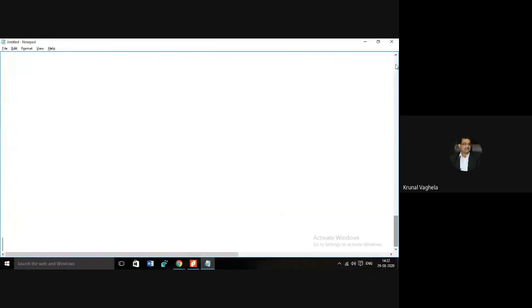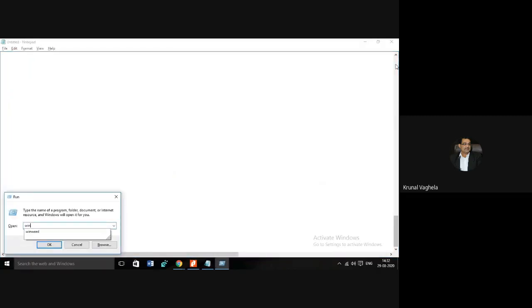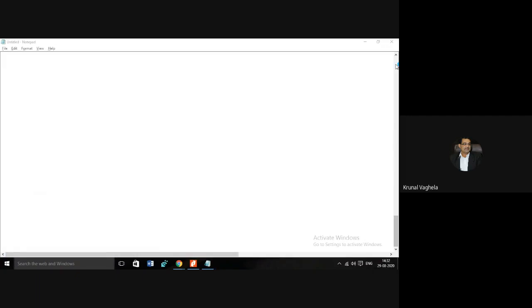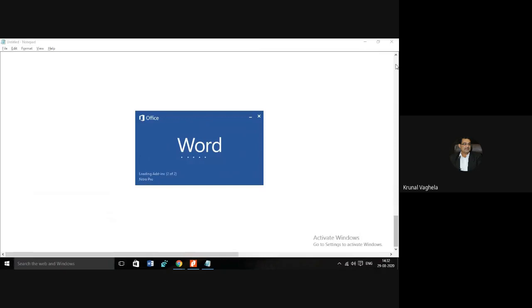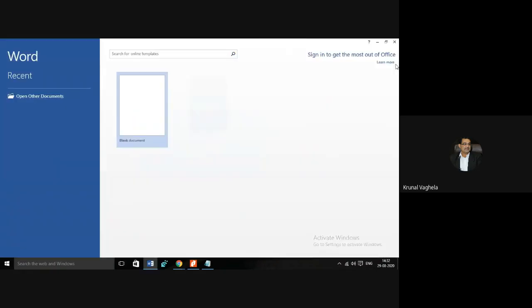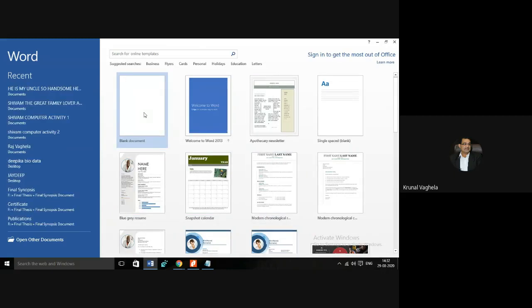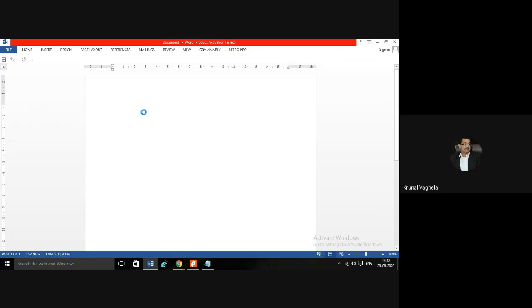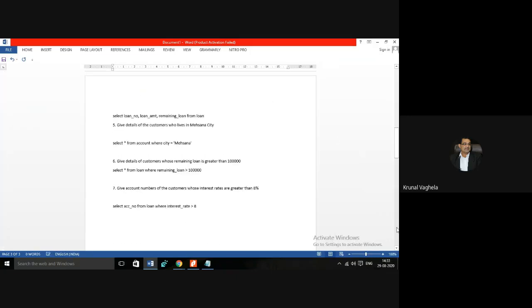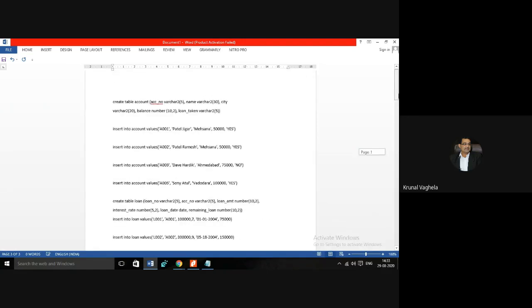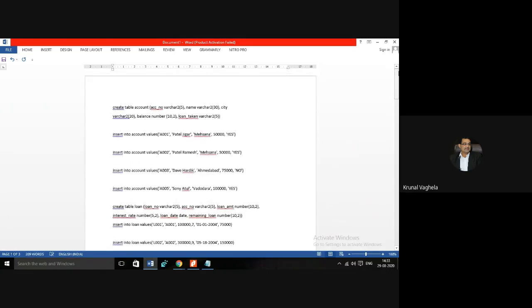Otherwise, you can copy this into Word. So everything will be in the Word file.